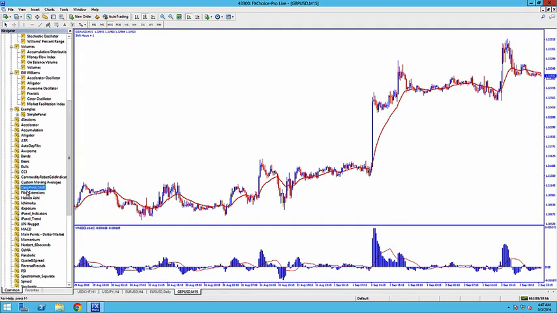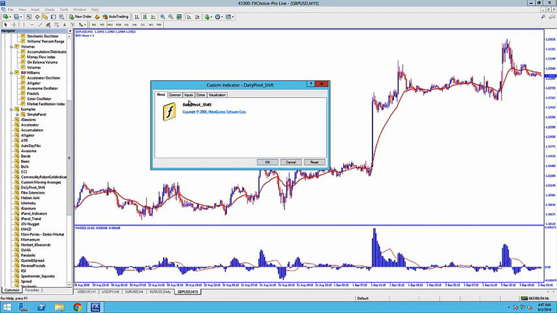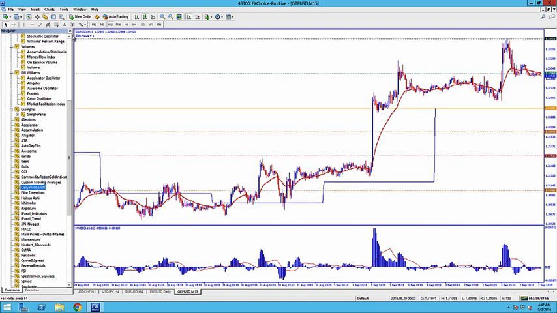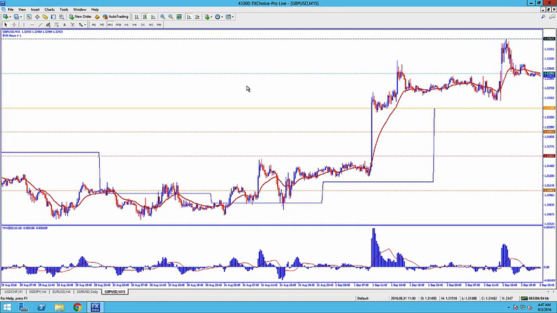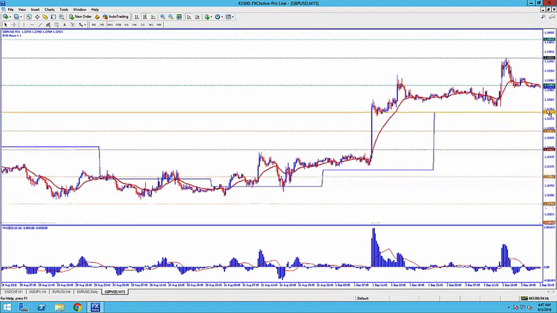Here it is, daily pivot shift. So we're going to hold the left mouse key down, draw it over, got the inputs, okay, and drop it. What this looks like is it draws from the prior days, lagging. What you have here